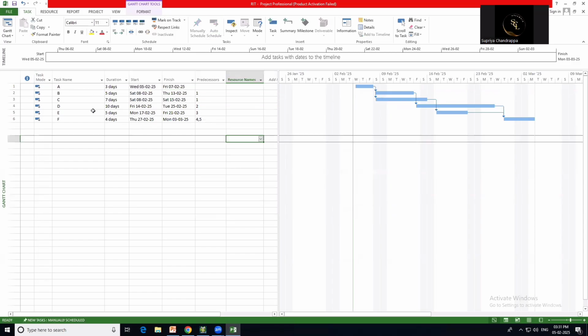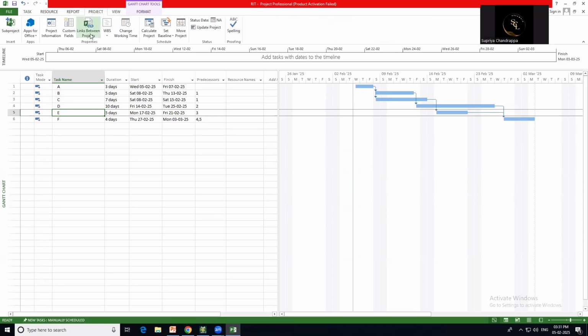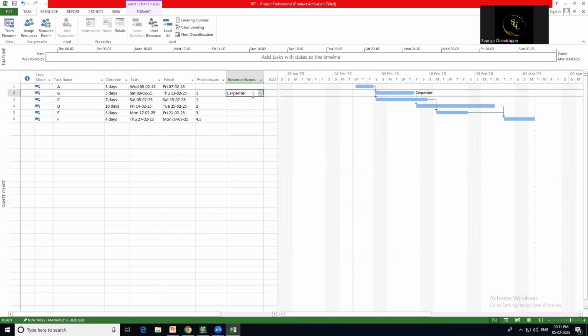Now if you want to link the project, go to Between Projects, go to Move Projects. If you want a resource, you can add the resource also. You can add the resource name and assign the units and cost. For example, if I add a carpenter, you can add the carpenter and how much percentage you require, and add the task. Look at this. This is how we can add the resource persons, and this is how we can add the resource material also.